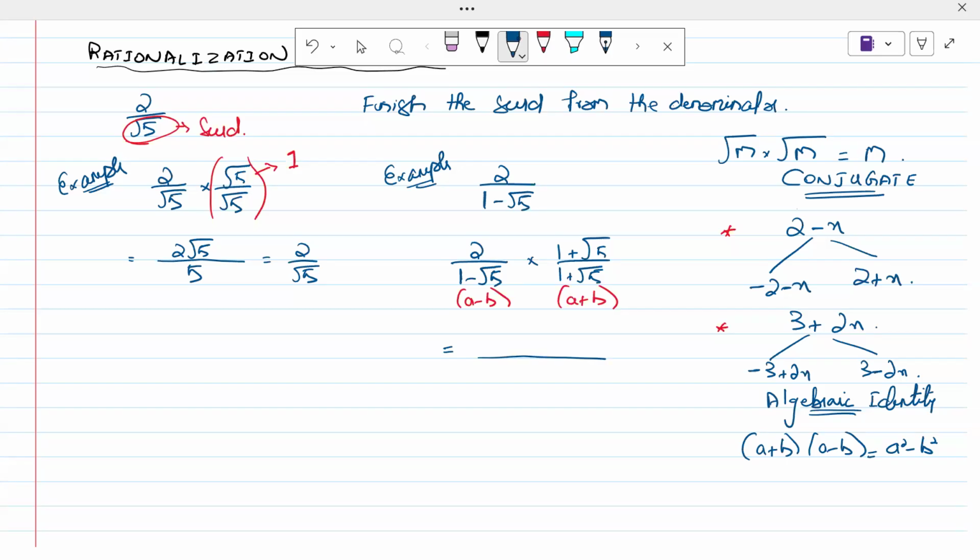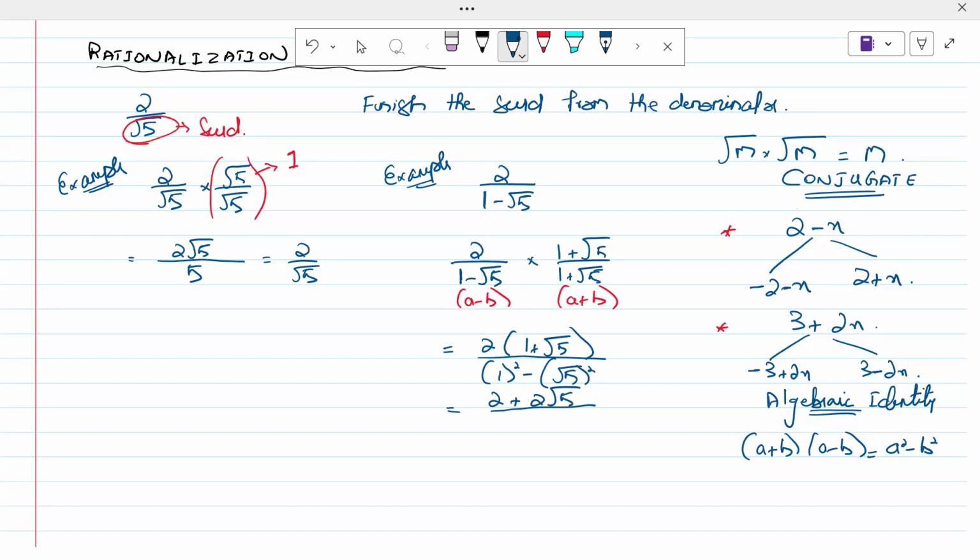it would be a square minus b square, which is 1 square minus root 5 whole square. And the numerator would be multiplied as it is. So 2 into 1 plus root 5, this has to be. And that would result in 2 into 1, that's a 2, plus 2 root 5